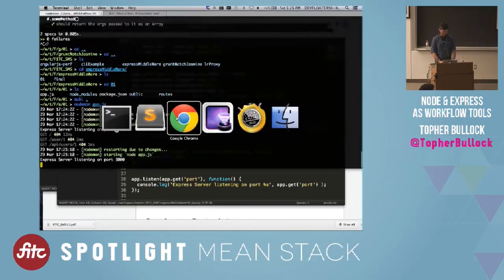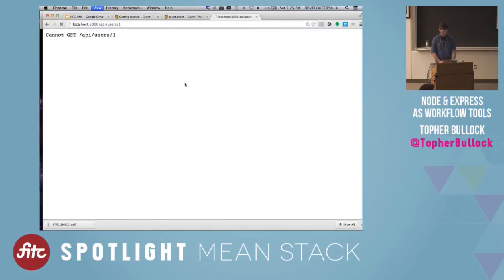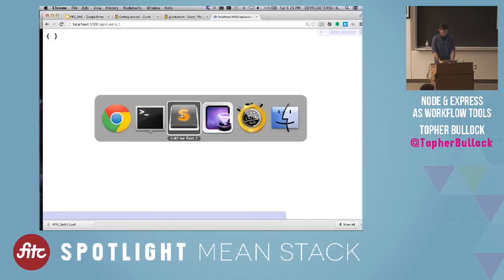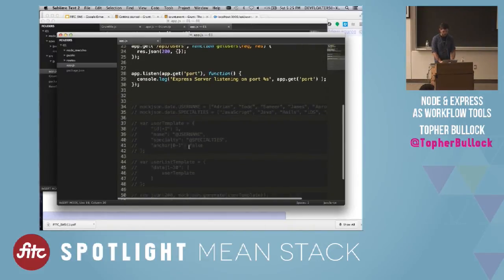Oops. Okay, so now when I go to the actual route that I set up, it gives me some empty JSON object. Not super interesting right now, but there's a whole bunch of libraries out there that sort of let me